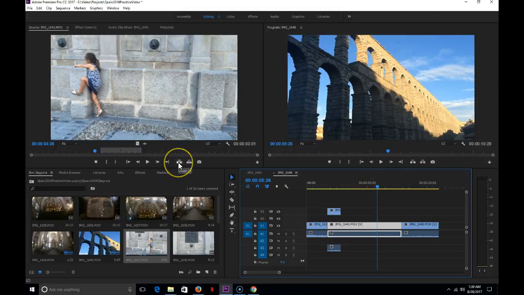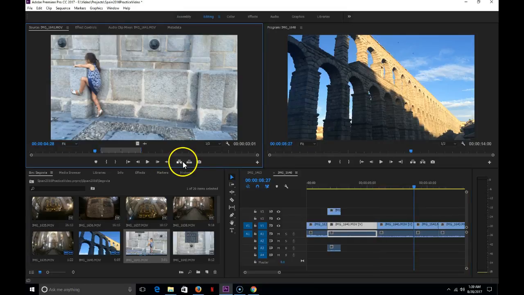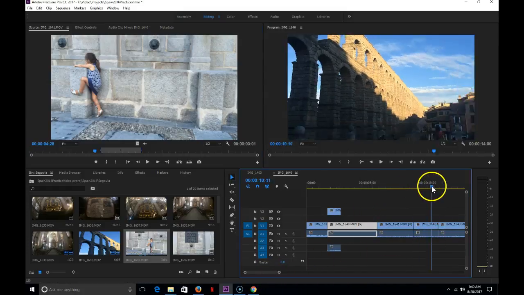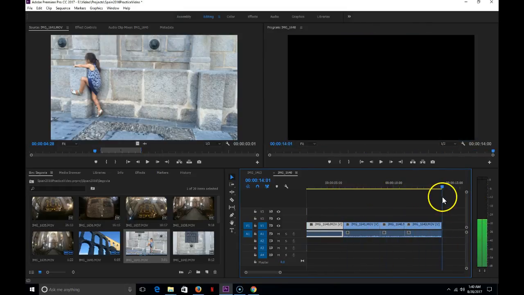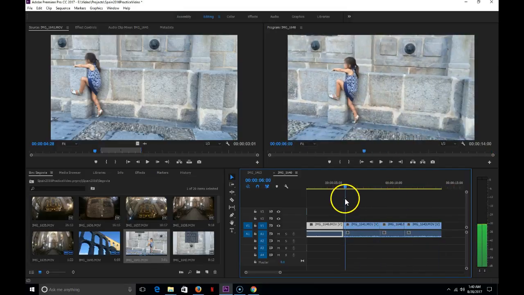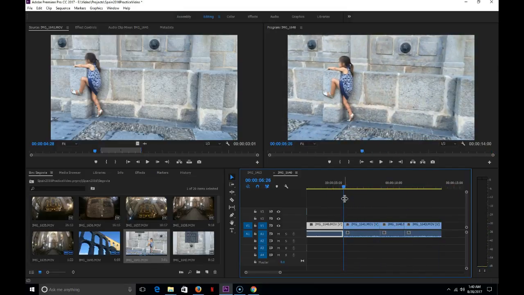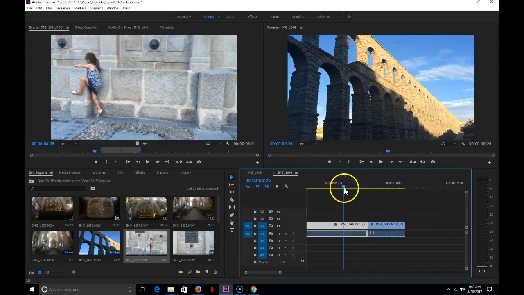If I hit this Insert, you're going to notice that it cuts the clip of the aqueduct, puts in the new clip, and then pushes the remainder of this clip out so that it actually increases the amount of time that you're seeing there. If I undo that, the other way that I can do this is